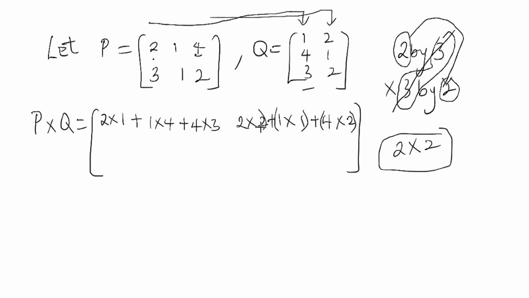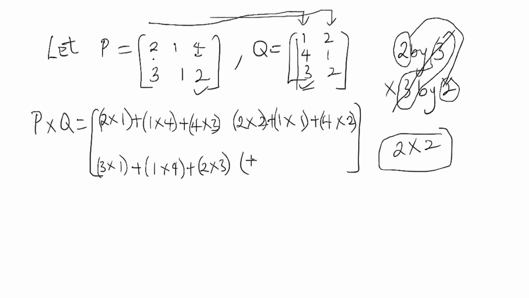Alright. Okay, so put them in brackets. Alright. For the bottom part, the second row is 3, 1, and 2. And we're multiplying by the first column here. So we'll be having 3 times 1 plus 1 times 4 plus 2 times 3. And then lastly on that, we have 3 times 2. Please take note there's a gap there. We have 3 times 2 plus 1 times 1